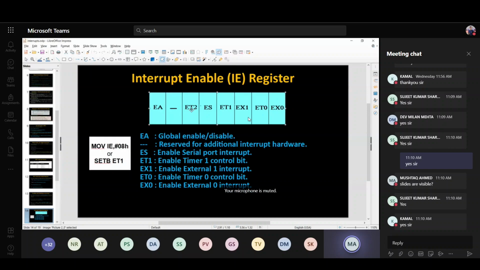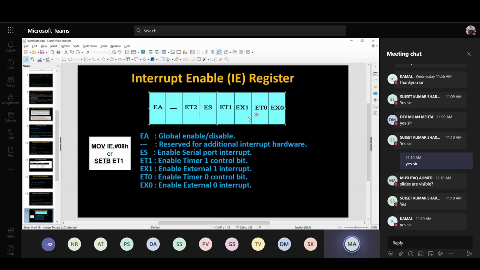EA is for enabling all interrupts or disabling all interrupts. If the EA bit is disabled, all interrupts are disabled, and we don't check the position of these interrupts, whether they are enabled or disabled. It doesn't matter. If the EA bit is enabled, then we check individually whether these interrupts are enabled or disabled.